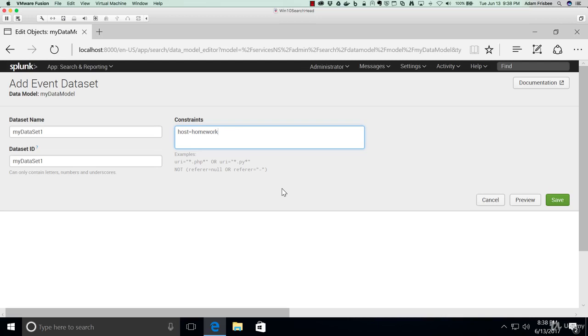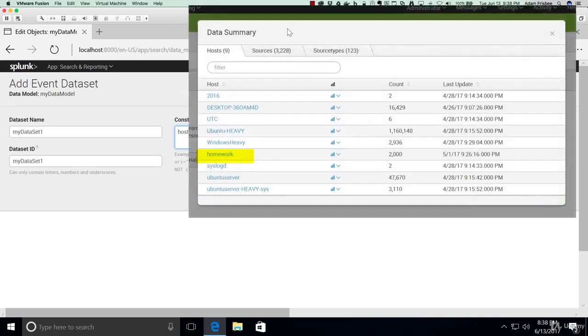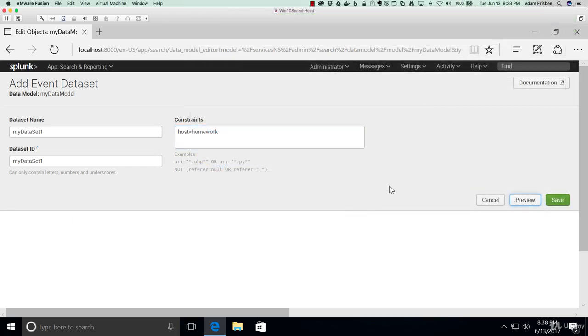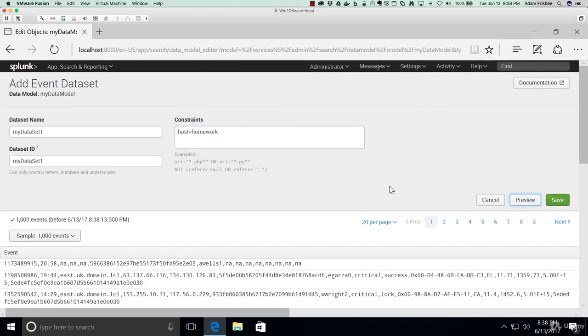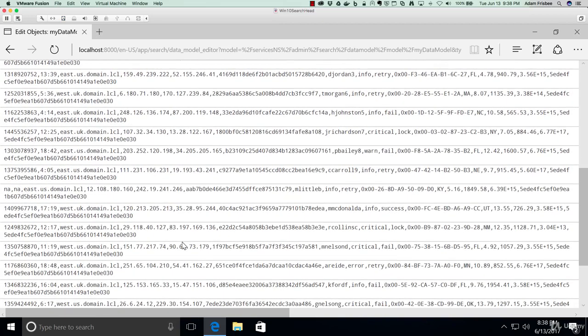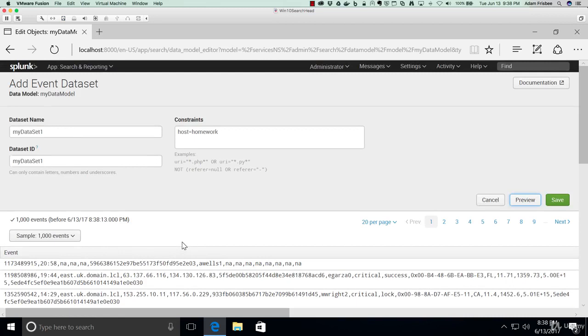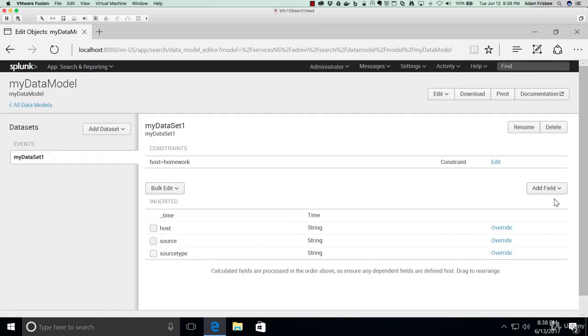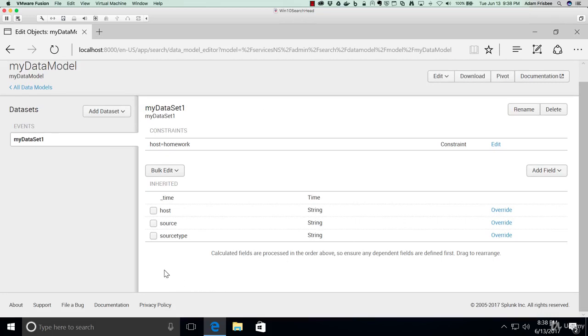And we know that we have the homework data set already uploaded into this Splunk instance, and the host value is set to homework. I can click preview here and see that. And there's our homework data set. So let's save that, and notice it put that data set here as one of the building blocks for this data model. And it gave us the original Splunk metadata fields of time, host, source, and source type,